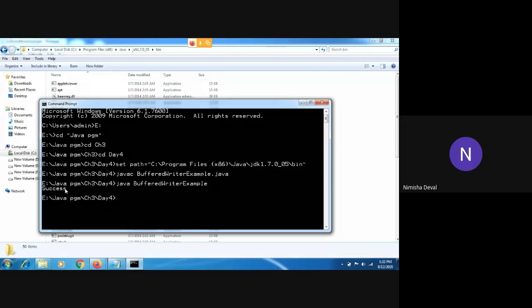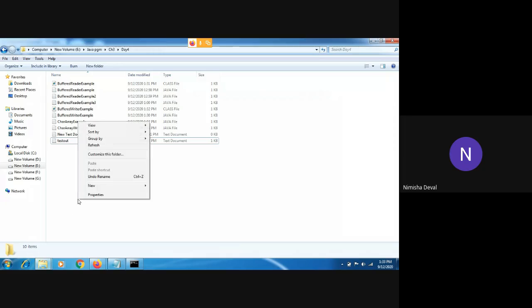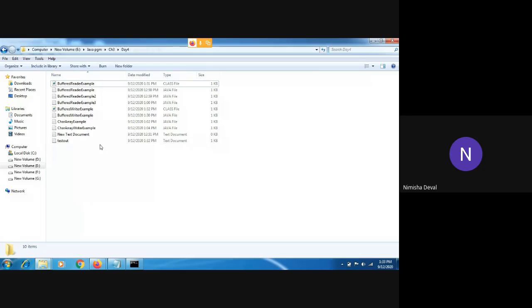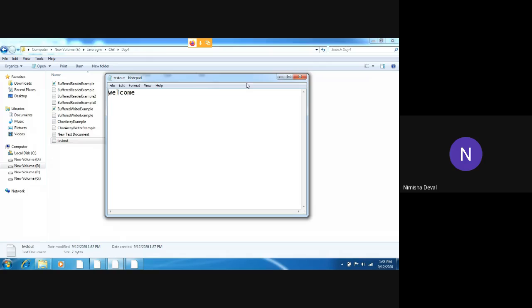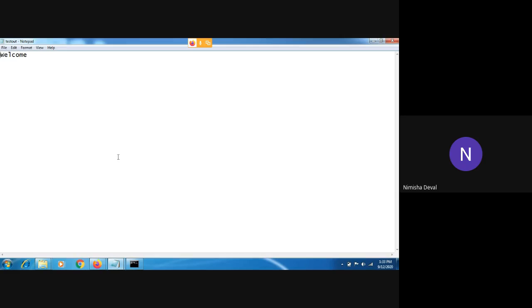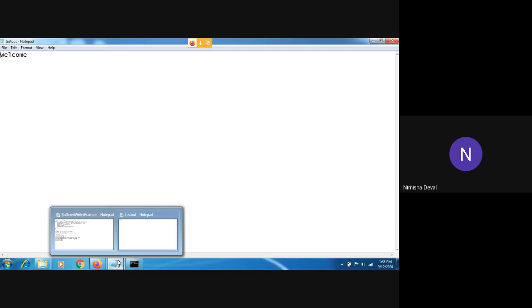Okay, now you can see here the success message is printed, right? It means right now the file is successfully compiled and run. You can see here, we have written "welcome".